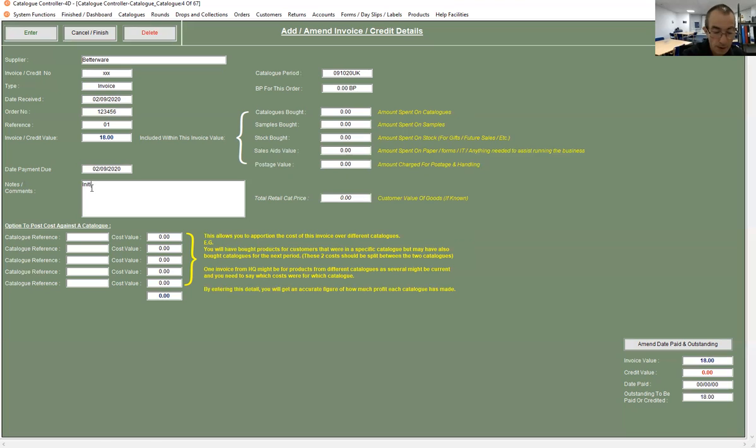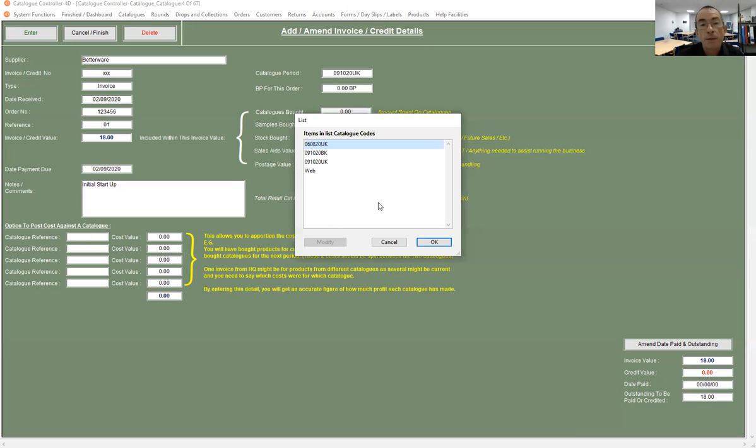An area for comments or notes just for your own records in there, so you could say this is the initial startup. And then below here, option to post costs against a catalogue. Because we want to see how profitable a particular catalogue has been in a given period, we need to tell the system how much we've paid for those catalogues, because that will then compare to the amount of orders we receive against it. So we just click in the first box there to say catalogue reference, and we pick the current catalogue that we're going to use,